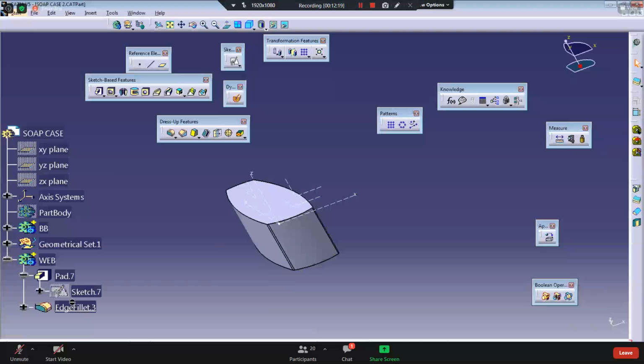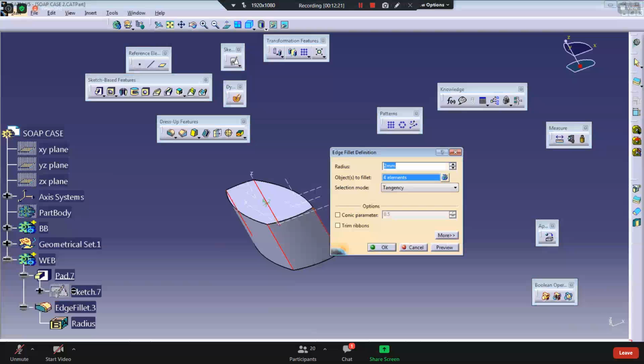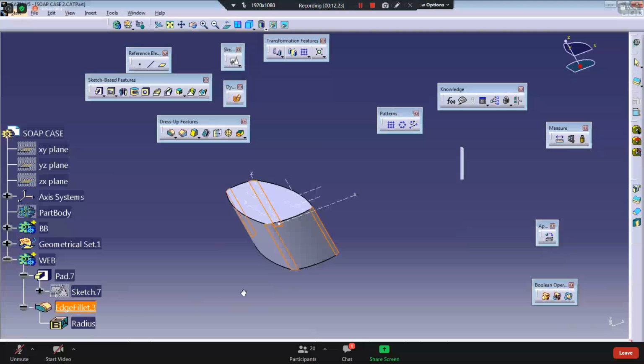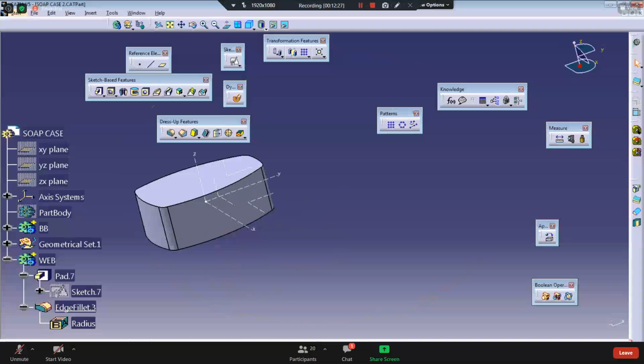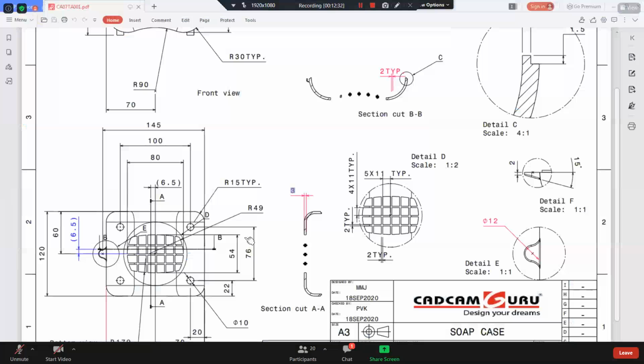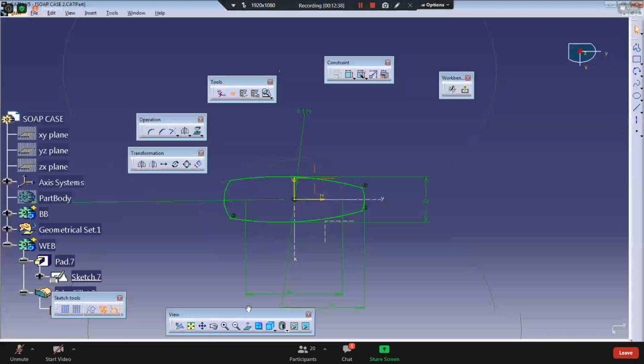It is quite small, so I introduce a larger fillet. Let's say it is 8. Okay. Now next, from this core,